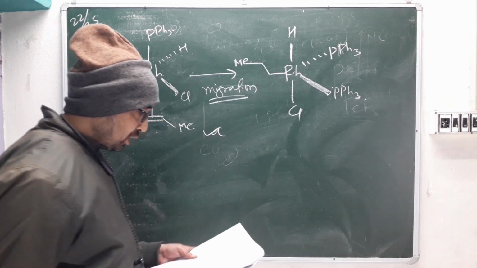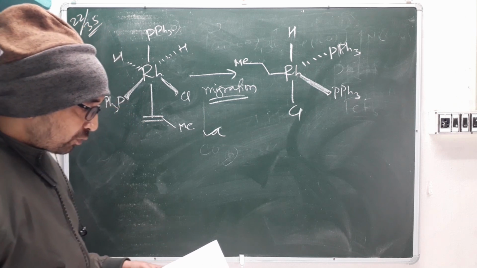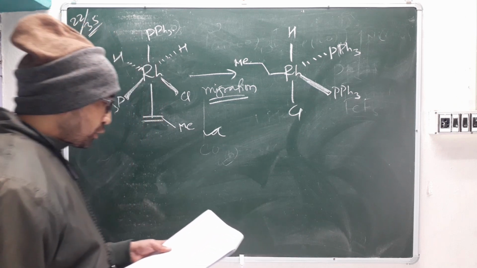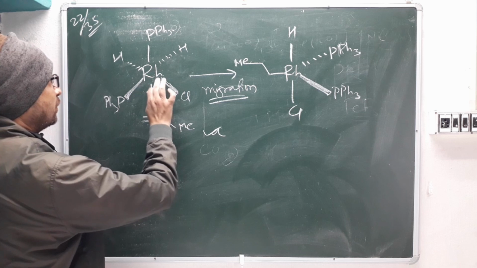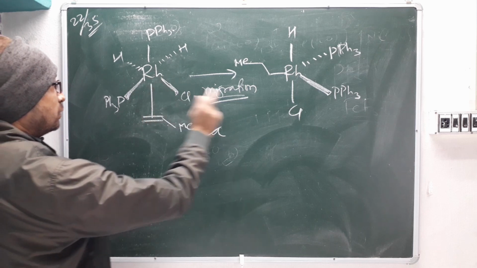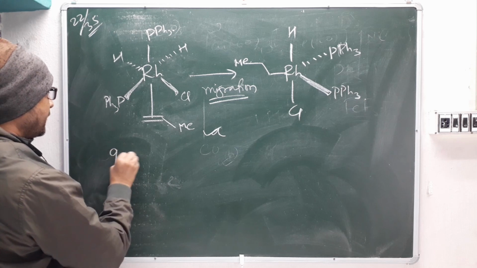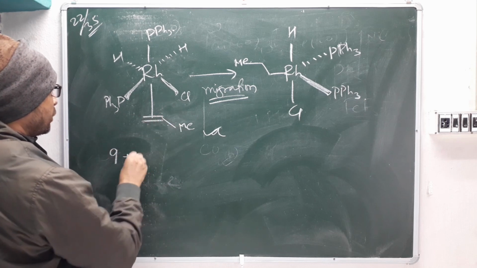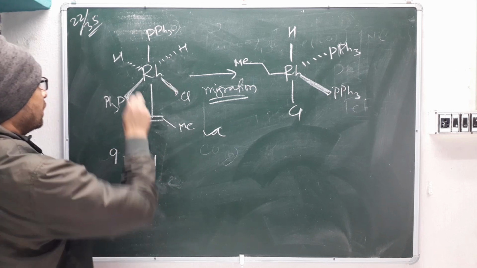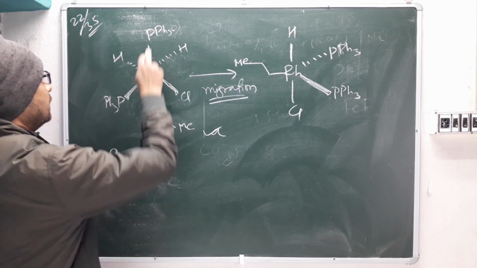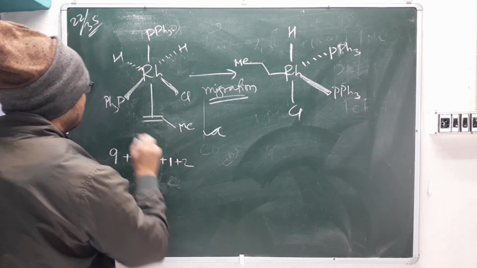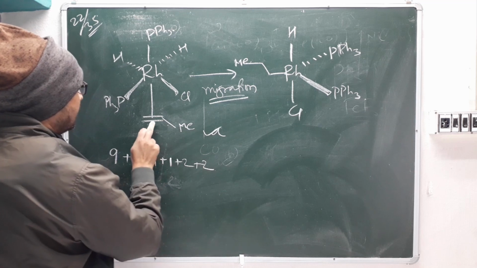Please just write it down. Then option B, change in electron count from rhodium 18 to 16. Valence electrons we have to calculate. First for this molecule we will calculate, and then we will calculate for this. For rhodium, total valence electron is 9, plus this chlorine will contribute 1, this hydrogen will contribute 1, this hydrogen will contribute 1, this phosphine will contribute 2, this phosphine will contribute 2, and this is the double one,